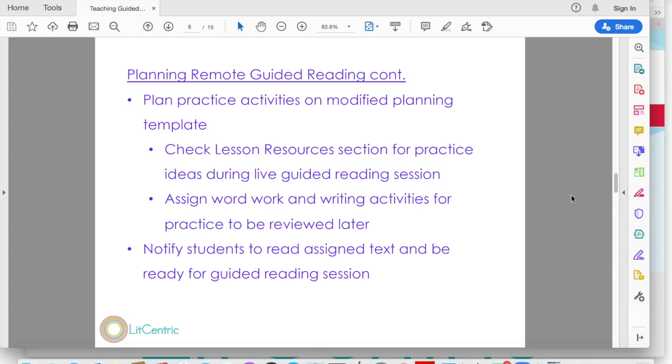So here's a chance for you to think about word work and writing activities that they can practice on their own when they're not with you. And you can review them later and actually even revisit them next time you guys meet together if you choose to do that. Or you can just provide feedback based on what they turn into you. Maybe you're using something like Google Classroom or another software plan. Just find a way to make sure you're giving quality feedback,